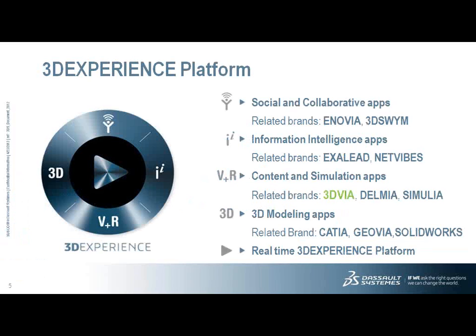And to do that, to be focused on 3D, we've got a ton of brands, and each brand acts like a little company inside of Dassault. We've got about 11 of them, each generating innovation. I sit in the company called 3D Via. 3D Via is focused on interactive visualization primarily, and we do a couple of different things in this space. I'll talk about it as we go forward.